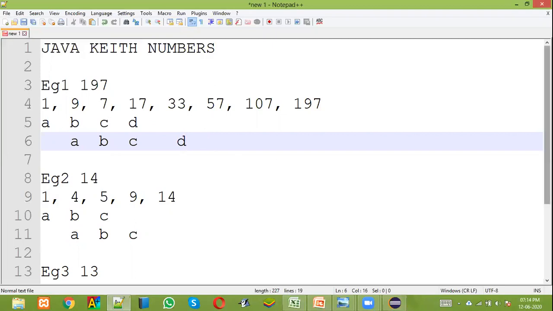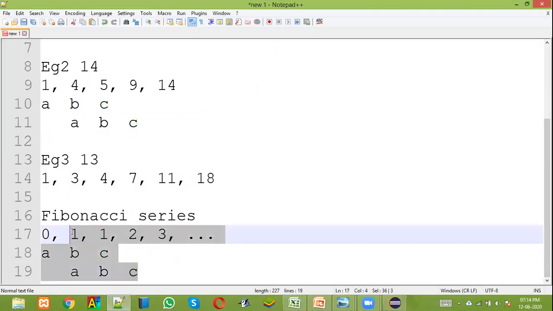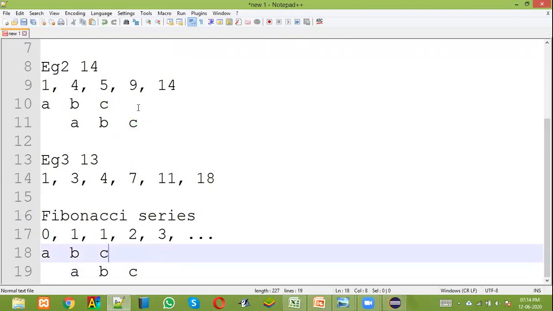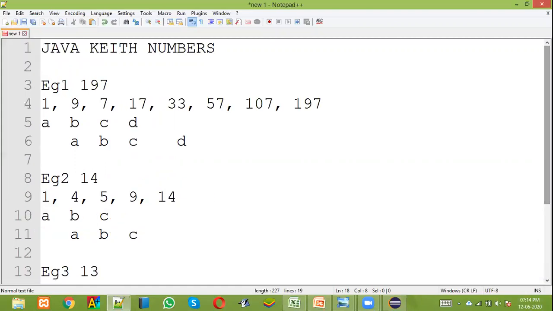So this proves that with the Fibonacci series concept, by using 3 variables, you cannot achieve this task because you don't know how many variables you have to create. You cannot create a number of variables depending upon user input. The number of variables has to be decided in the Java program itself before compilation. So we cannot create variables to do this program.